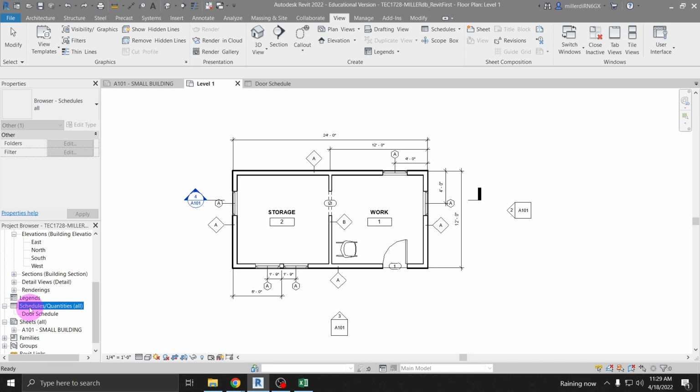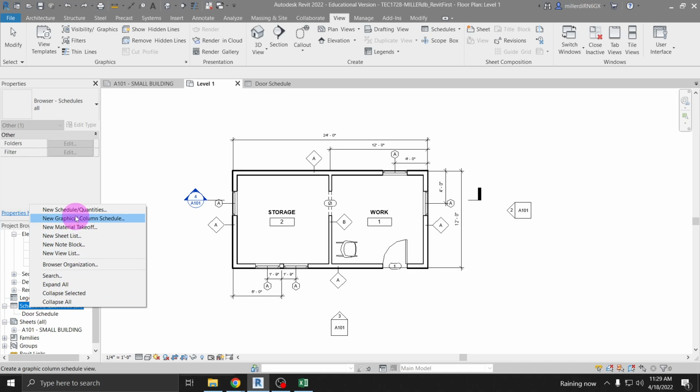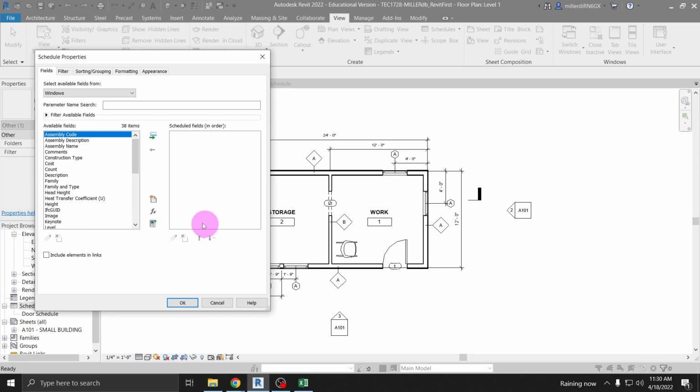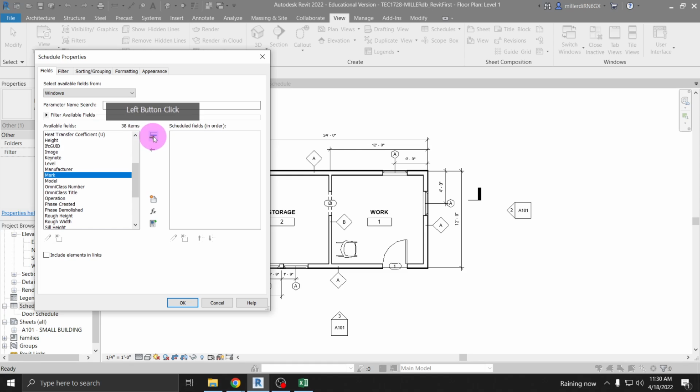So I've got my schedule here. I'm going to create a new schedule, scroll down to Windows. You can just fix things from your original schedule, so if you had some bonkers things going on in there, don't worry about making a new one and deleting it. But I'm just going to create a brand new schedule, and I'm going to load in a mark,